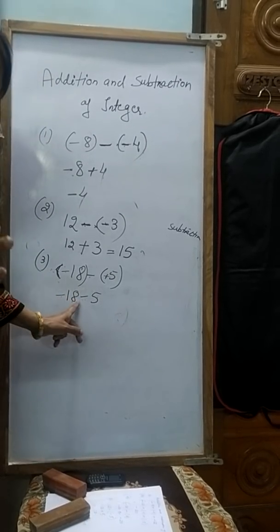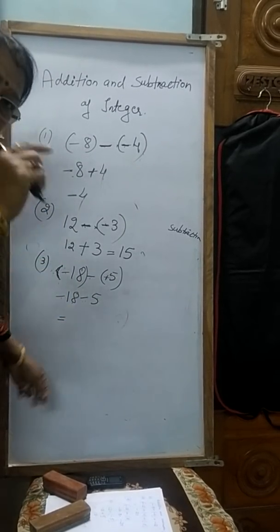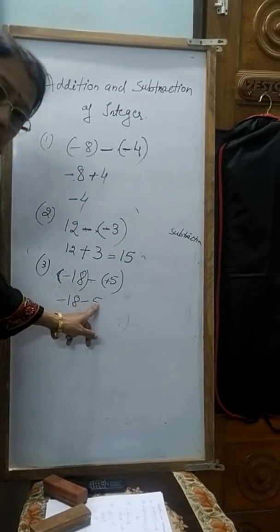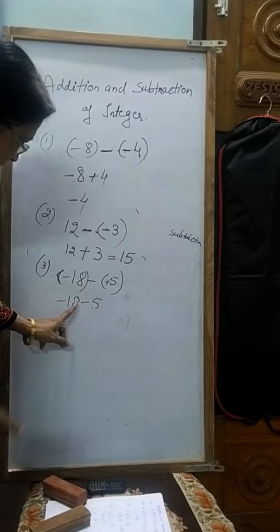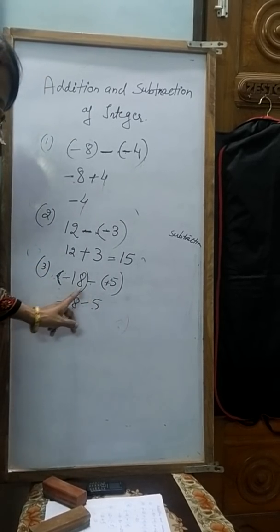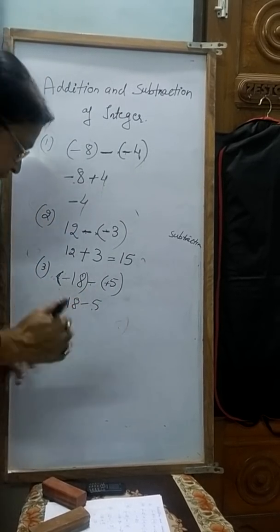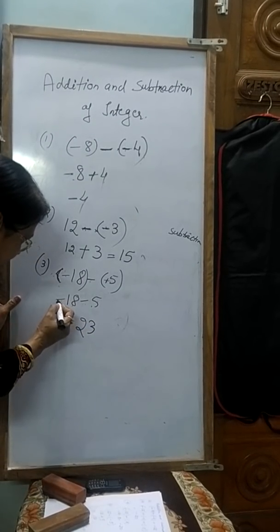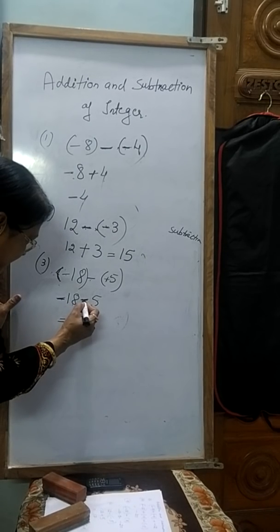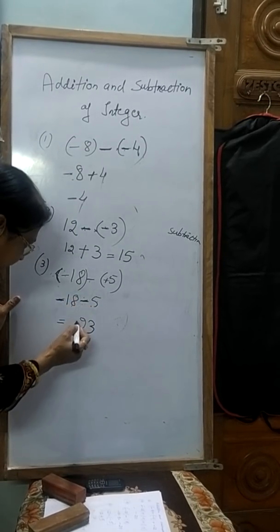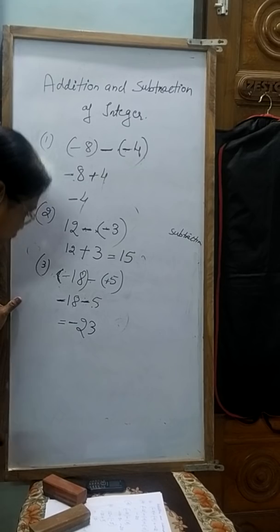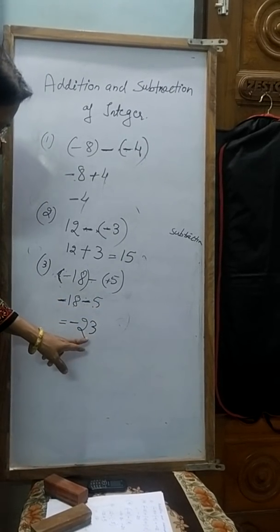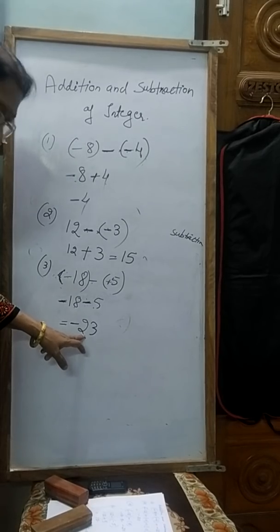That is equal to, again जो मैंने पहले बताया था, if both the numbers are negative then you have to add that number. अगर दोनों नंबर सेम साइन के हैं, you have to add. तो 18 and 5 is equal to 23. 18 और 5 मिलके क्या होगा, 23. लेकिन ये भी माइनस है, ये भी माइनस है, तो माइनस और माइनस मिलके हो जाएगा -23. मीन्स -18 -5 is equal to -23.